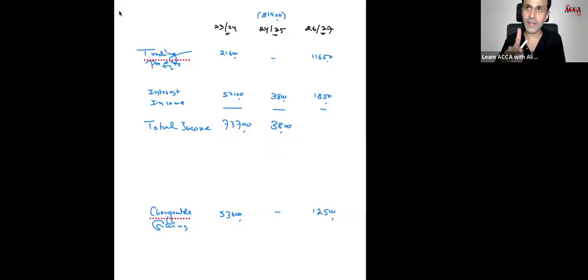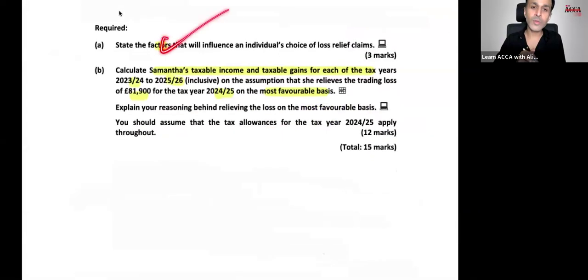So the first factor is timing of cash flow. Timing: future saving of tax or today's saving of tax. This makes me decide to go with the loss tax year and carry back section. That's the first factor you have to write to get the mark. Timing of cash flows is one of the factors that makes us decide not to carry the loss forward, rather relieve it by making use of